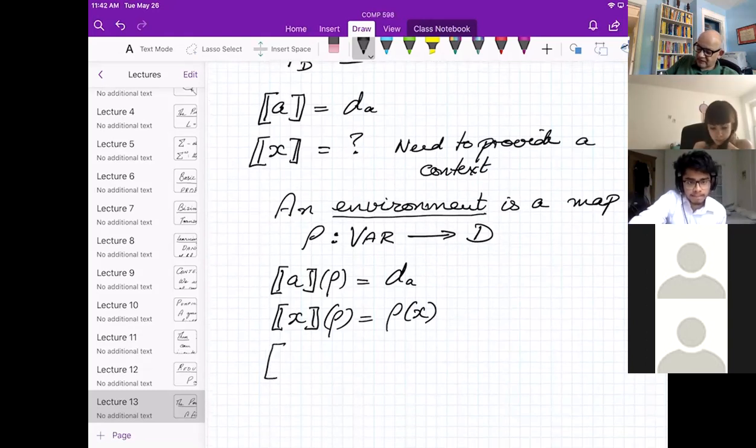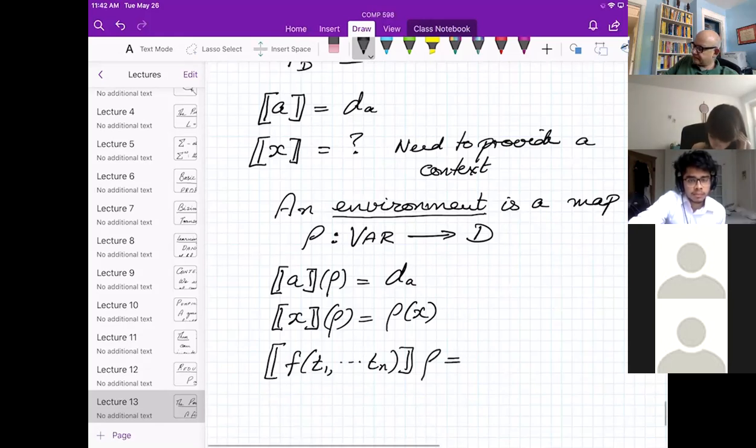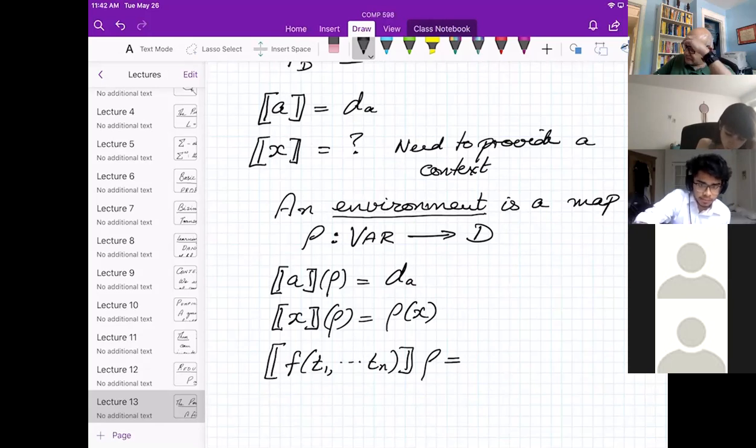And now the last thing. To interpret a generic term, I take the interpretation of the function f.